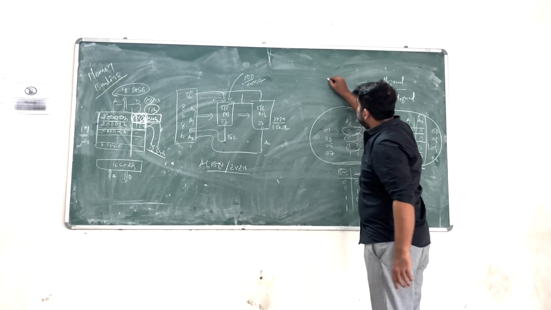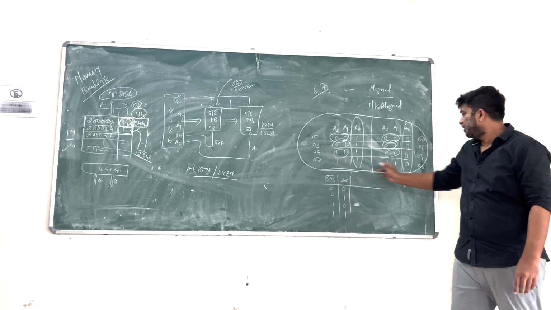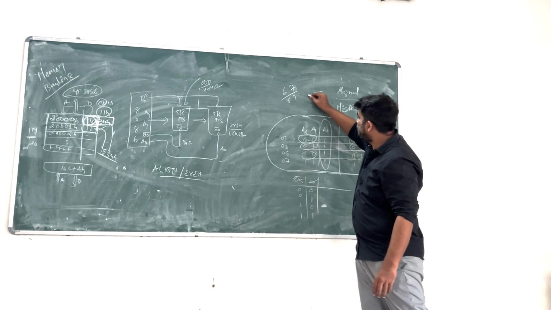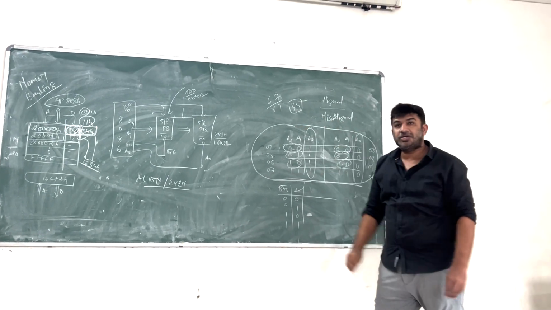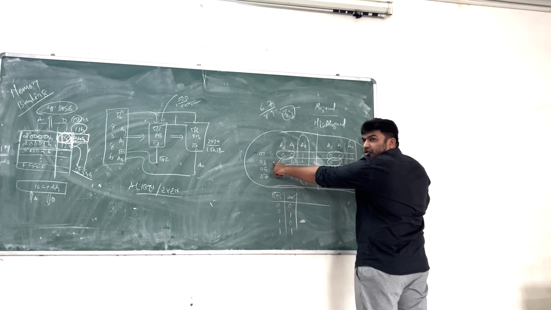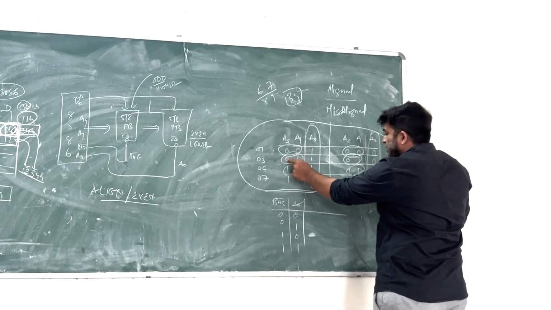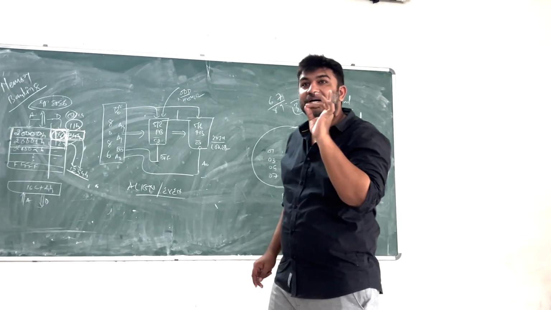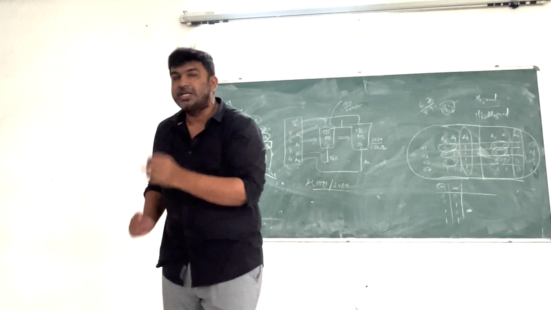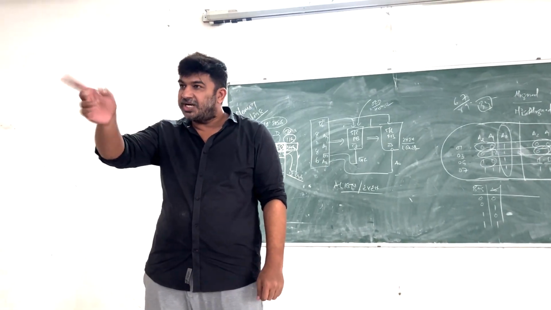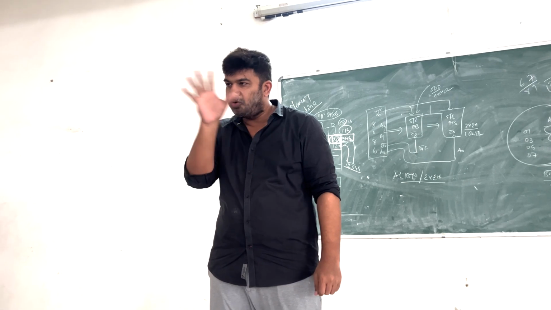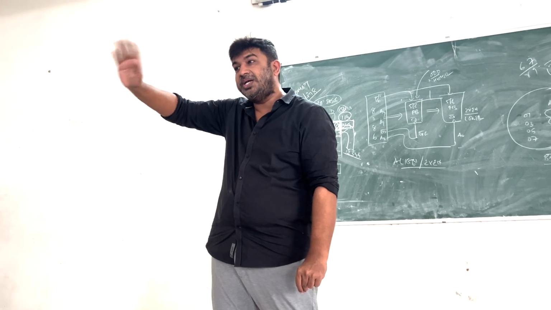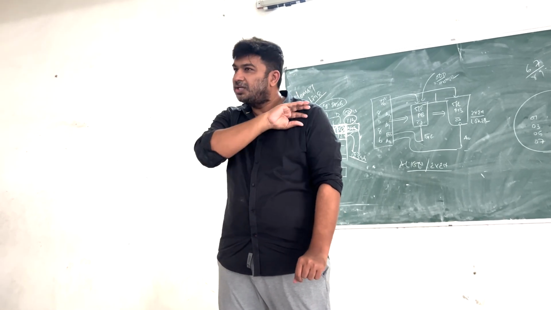So if I tell you 6 and 7, aligned or not? Aligned. 8 and 9 aligned. But if I say 3 and 4, are they aligned or not? See, they are consecutive locations, 3 and 4. So I can access 16-bit data, but here it is 0, 1, here it is 1, 0. They are not on the same line, so they are not aligned. Understand? They are called misaligned. Anything which starts with an even address is called aligned. Just keep this in your mind. If you don't want to go into the complex part, it is simple: if your address starts with an even number, it is aligned data. If it does not start with an even number, it is misaligned data.